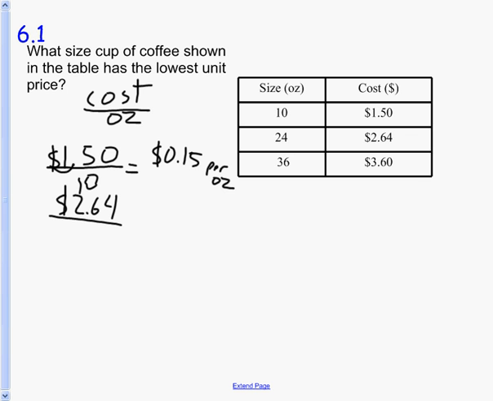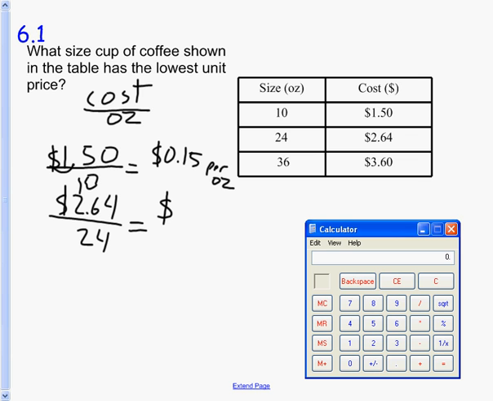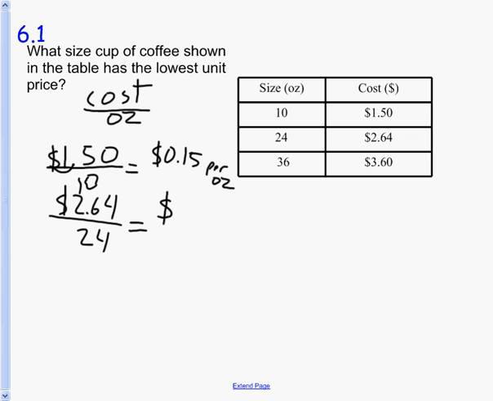$2.64 over 24. In this, you'd want to use your calculator. So we break out our calculator of 264 divided by 24. And the resulting answer is 11. So we have 11 cents per ounce. Lastly, we have